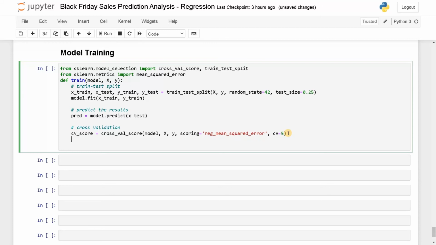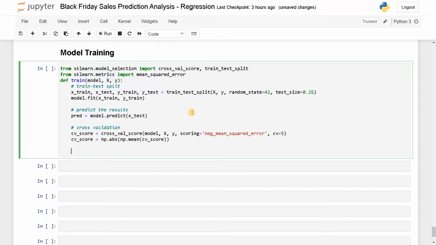Now after that we need to convert this CV score. So CV score equals np.absolute, because it will be in negative values because of negative mean squared error. In the previous modules, it was used as mean squared error itself, but in the latest modules they are using negative mean squared error. That's why I am converting it to a positive value, and we'll be having 5 scores based on the fold split. So I'm going to take the mean of those 5 scores, np.mean(cv_score). Now we have got the CV scores.